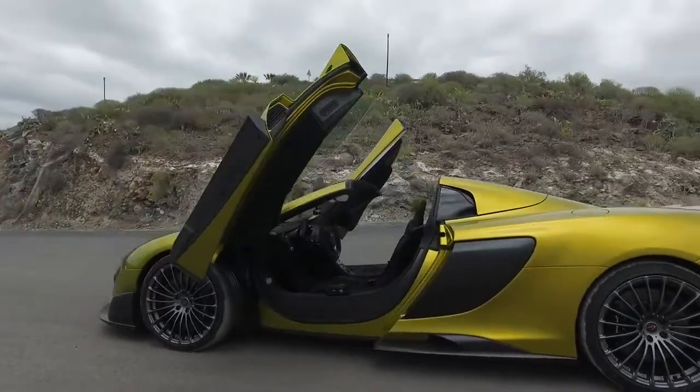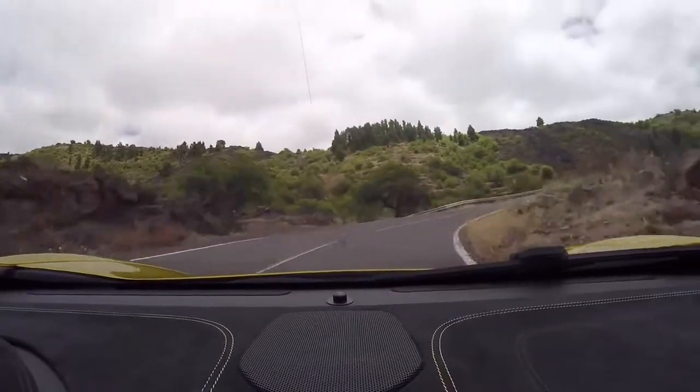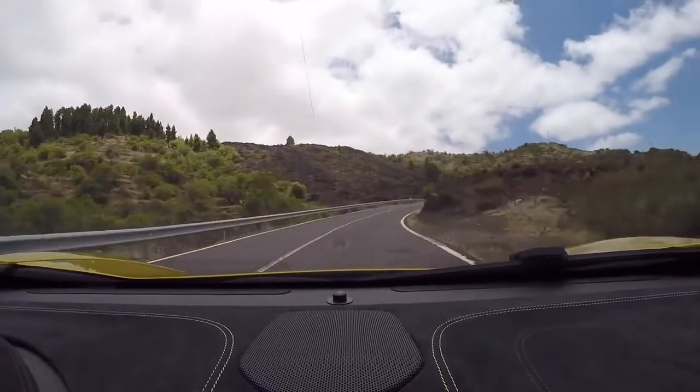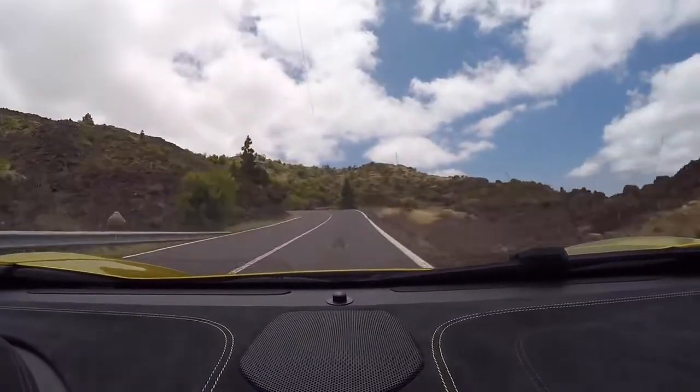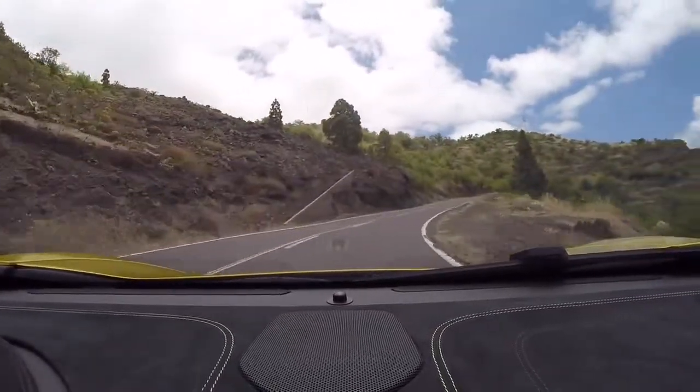So the LT, then, is how I would relate it: it is the 458 Speciale of the McLaren world. They've taken the 650S and stripped it out. I think the weight saving's only around 50 kilograms, but that's not all. We've got a full titanium exhaust system, and I think the best way of describing this thing is...